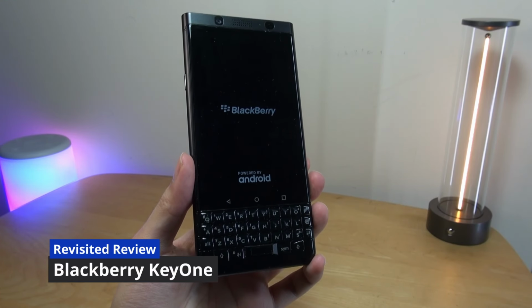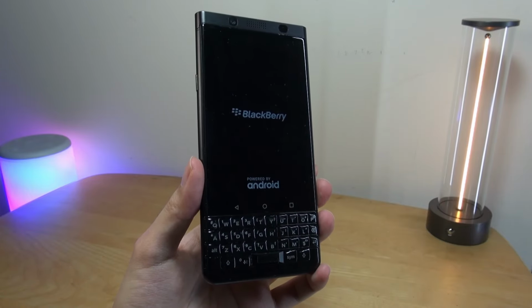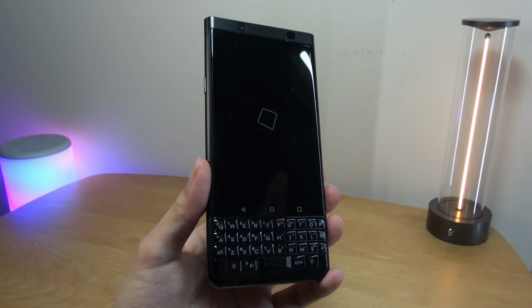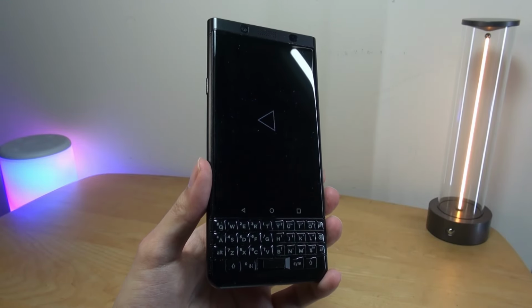In this video, we're taking a revisited look back at the BlackBerry KEYone here in 2025. This is a smartphone that debuted in 2017. Time really does fly, but part of the reason why I wanted to revisit this, aside from it being one of the last candy bar form factor BlackBerry phones made, is because there's been a growing trend of digital minimalism